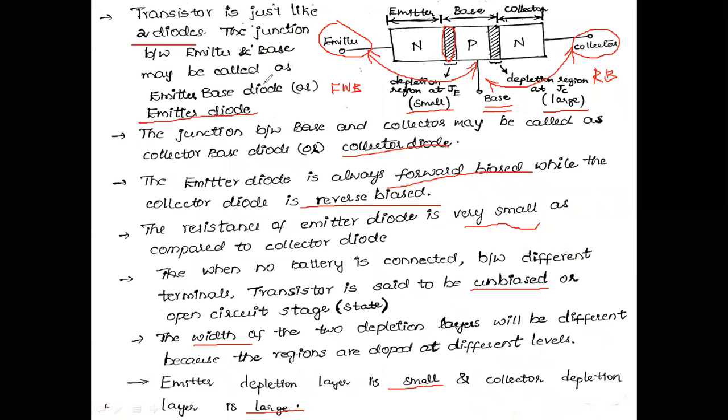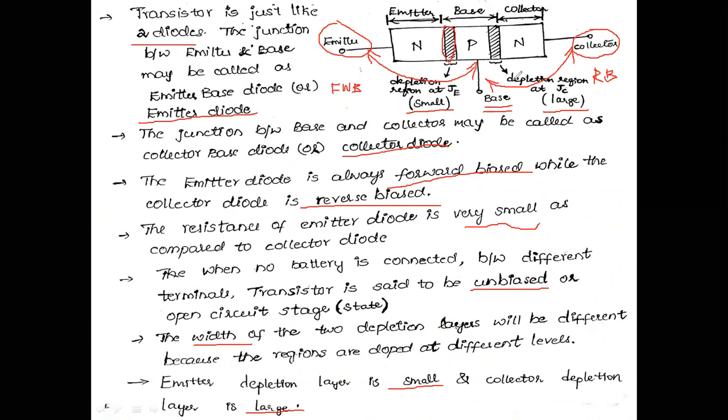Base terminal is the common terminal. Base terminal is the common terminal between emitter and collector. This is regarding the first diode and the second diode. This emitter base diode is going to be in forward bias condition, and the collector base diode is going to be in reverse bias condition. If this diode is in forward bias condition, the flow of current is high, therefore resistance is small. Whereas here, in reverse bias condition, the flow of current is low and the resistance is very high. If I am not applying any sort of voltage to this circuit,